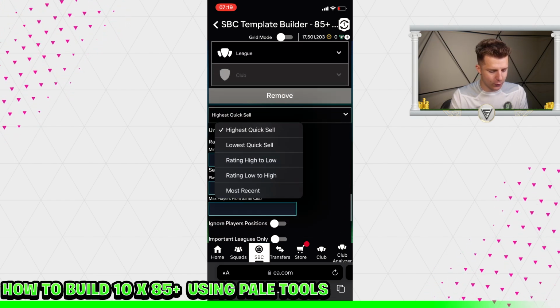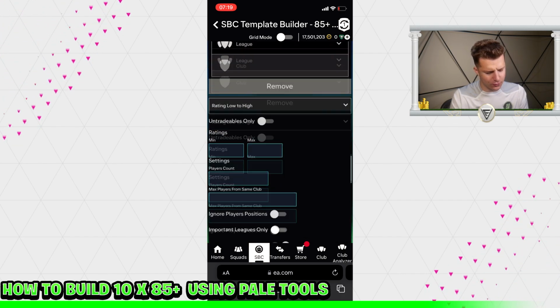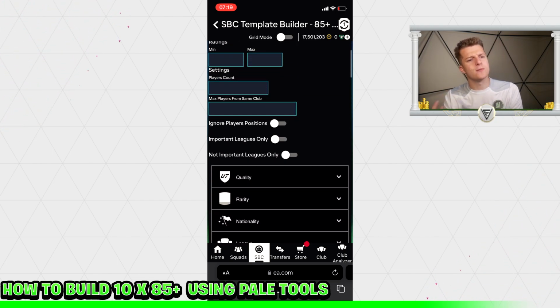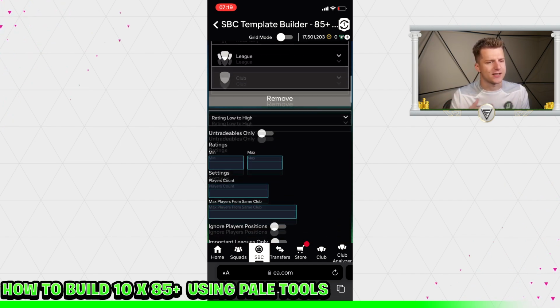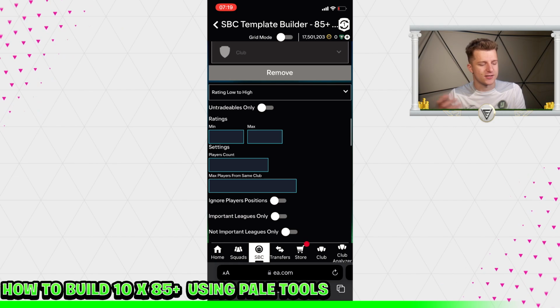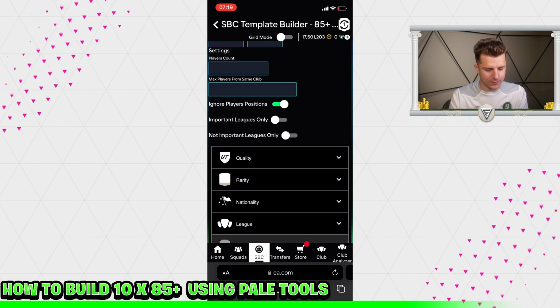The second thing we're going to select is ignore player positions on every single one. The reason we're going to press ignore player positions on every single one is because if you don't do that, it's only going to put goalkeepers in the goalkeeper spot, centre backs in the centre back spot, and it's just not going to efficiently build your SBCs. If you're going to have duplicates that don't fit certain positions, it's not going to put them in. But if you enable this, it just will put anyone anywhere, which is perfect because you don't need